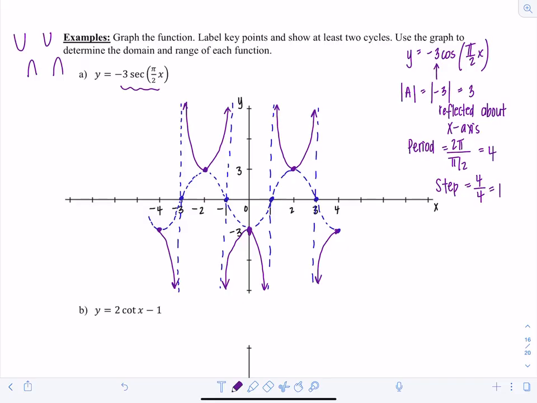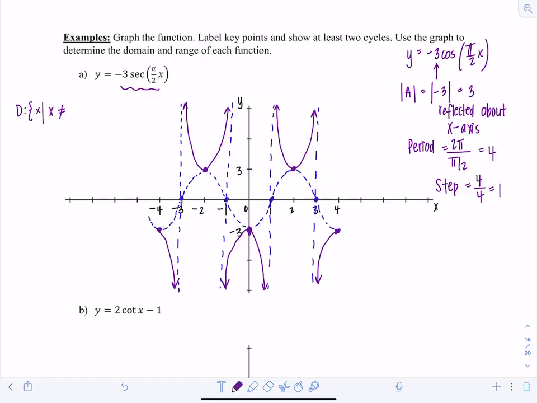Okay, the graph looks good. Now let's list out the domain and the range. Now we have to be careful. So the domain, let's think about how we would write the domain for rational functions, right? Because we had vertical asymptotes then. So we would write it out as all x's such that x does not equal, and then we would list